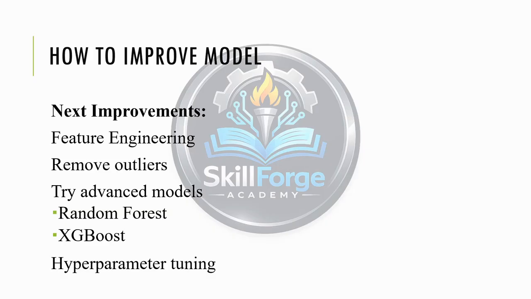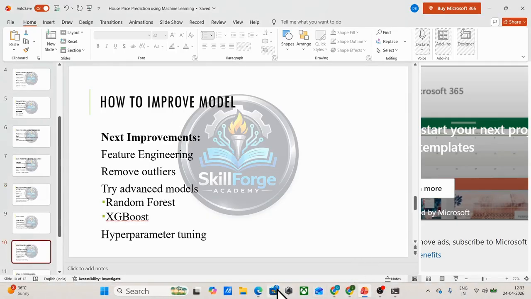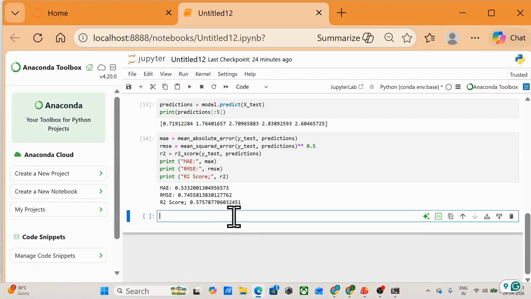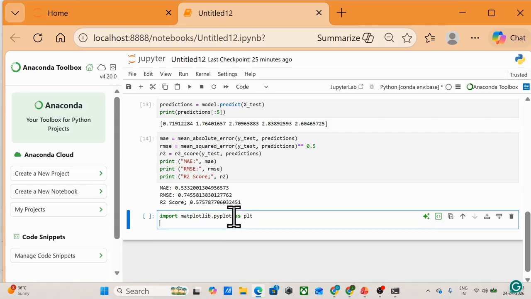So I would like to add one visualization over here so that you can see. In the visualization chapter, I have taught you how to use visualization.